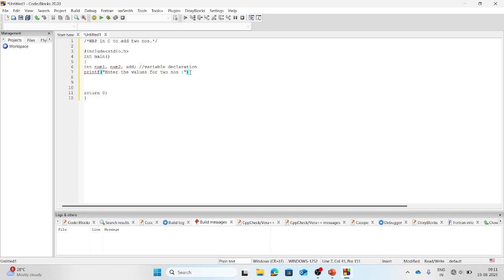All right, you need to take it in the double inverted commas, whatever you want to print onto the screen. Okay, after completing this printf function, you need to terminate the line, and for terminating the line we just use semicolon. After that, because I want to take the two values from the user, I need to use scanf, because I've already told you in the previous video that scanf is used for taking the input from the user, and the syntax says use the small brackets, after that double inverted commas, and in the double inverted commas we would take the format specifier. What do you mean by format specifier?